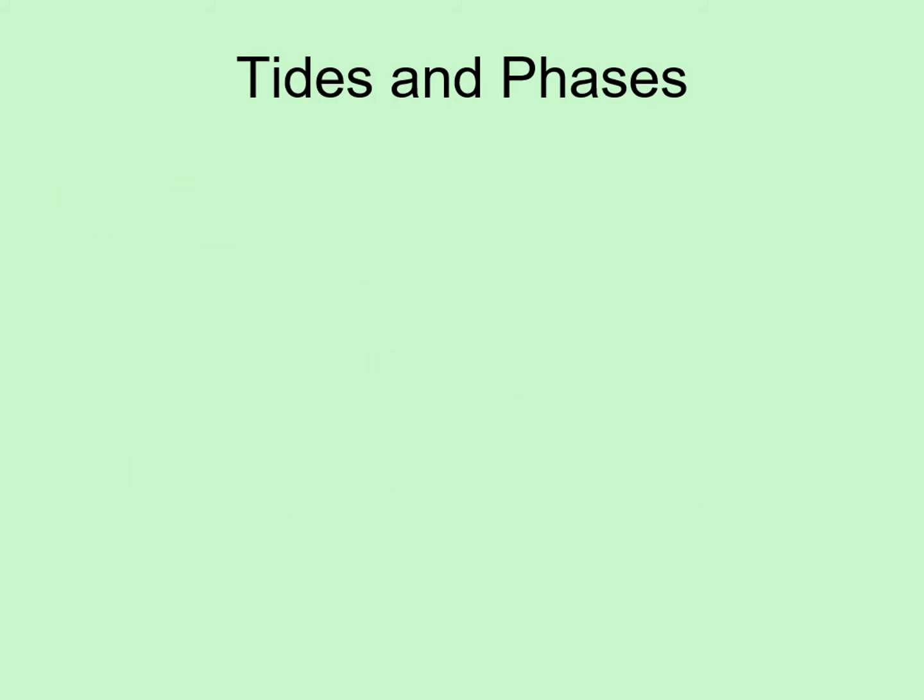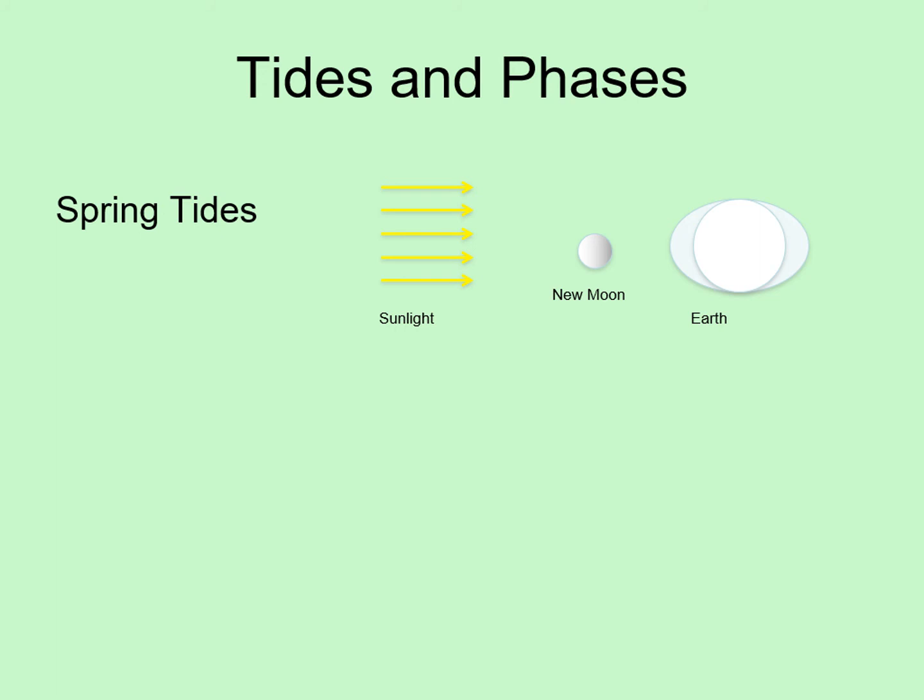Let's see if you got the connection between moon phase and tides. One time we see a spring tide is at new moon, as shown in this diagram. The moon is trying to raise tides on the right and left sides of the Earth. The sun is also trying to raise tides on the left and right sides. Since they're both creating high tides at the same locations, we have a spring tide with a very high tide